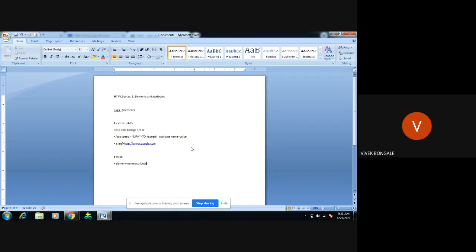Attribute name, we can consider href as the attribute name. It will be an equal sign, then in single quote or double quote, the attribute value will follow. Then we're going to close this one, and the next is what? Content. Next is what? Content, and we're going to close the element. I'm going to close this element name. This is the syntax for an HTML element. HTML elements, in other words, we say them as tags, right?